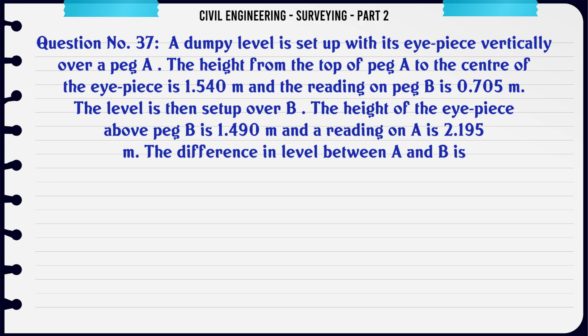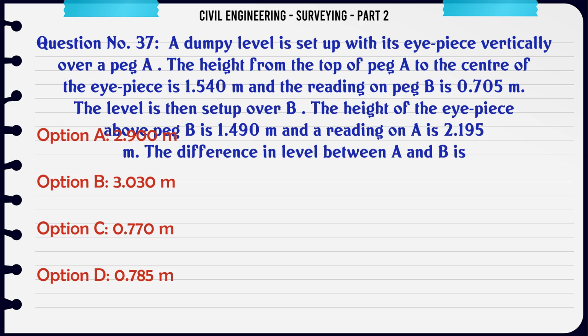A dumpy level is set up with its eyepiece vertically over a peg A. The height from the top of peg A to the center of the eyepiece is 1.540 m and the reading on peg B is 0.705 m. The level is then set up over B. The height of the eyepiece above peg B is 1.490 m and a reading on A is 2.195 m. The difference in level between A and B is A. 2.900 m, B. 3.030 m, C. 0.770 m, D. 0.785 m. The correct answer is